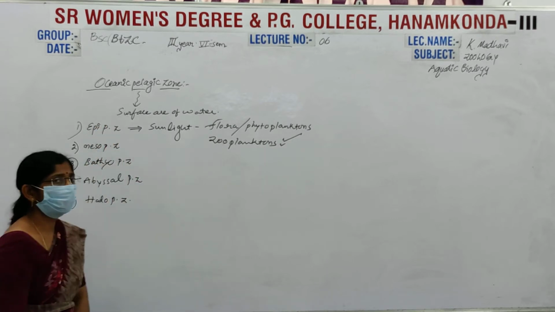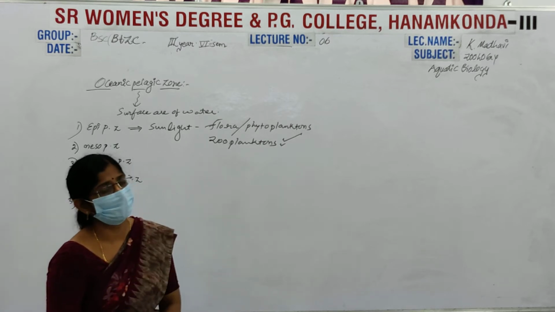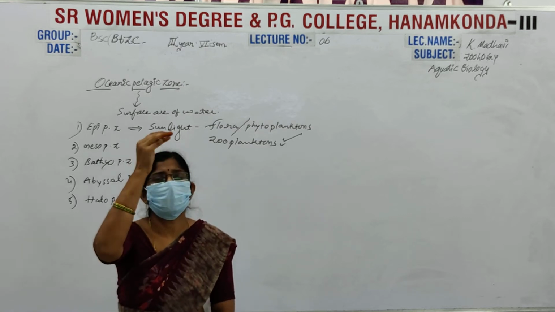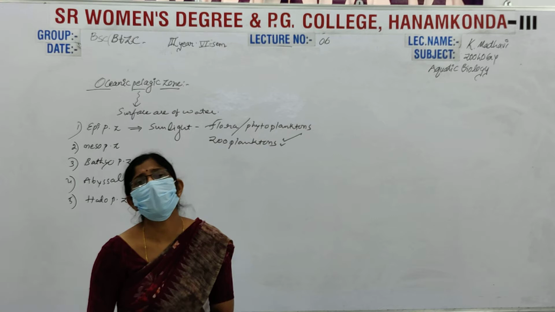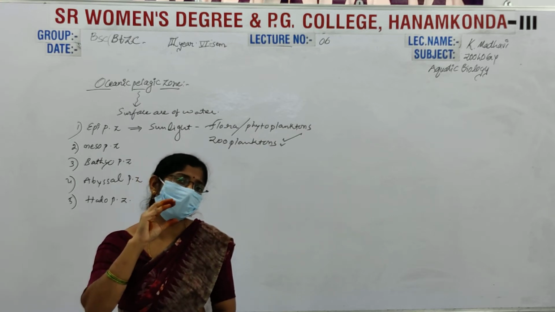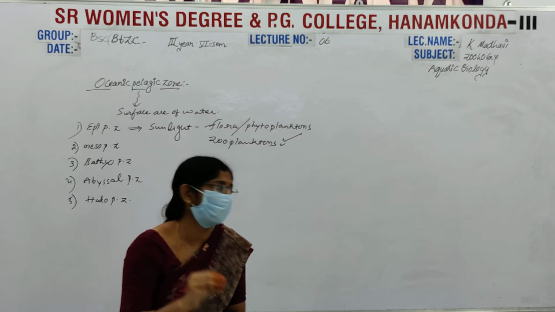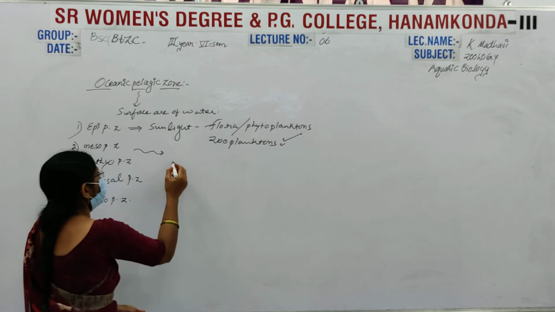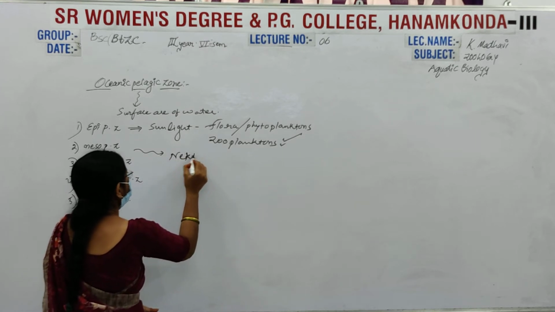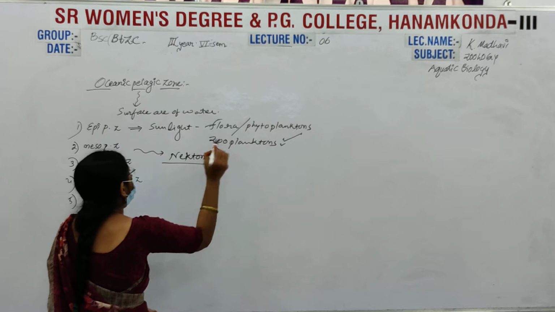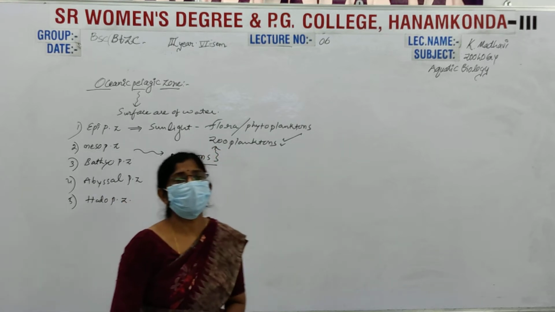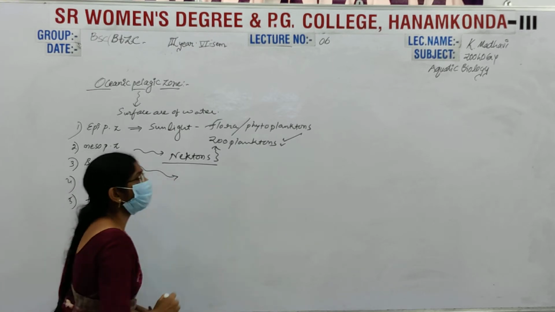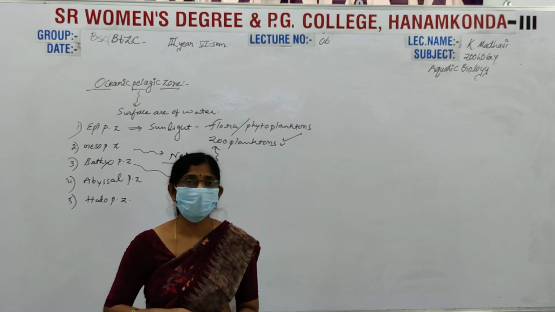In the mesopelagic zone, the organisms are completely floating in the water. They are not on the surface of the water, nor at the complete bottom of the water bodies; they are in the middle regions. That's why this is known as the mesopelagic zone. Here we find the nectons, which feed at night time and come up to the surface of the water bodies. In the bathypelagic zone, complete darkness or shallow shadows are present.